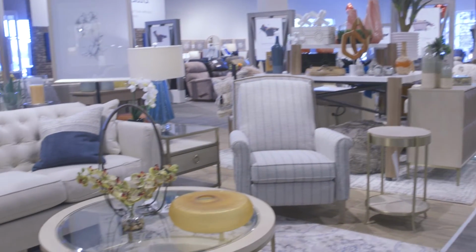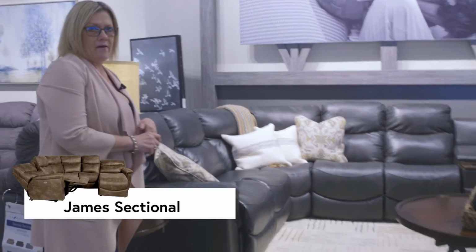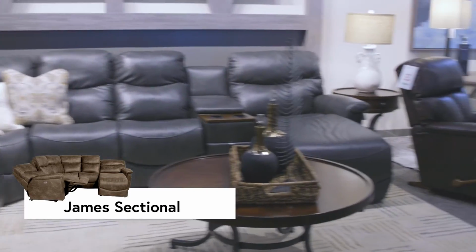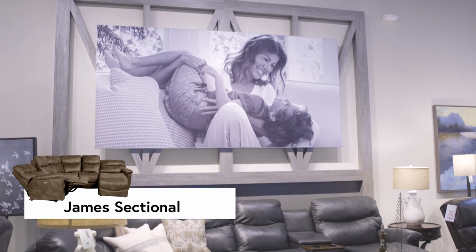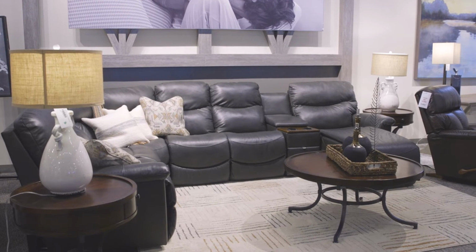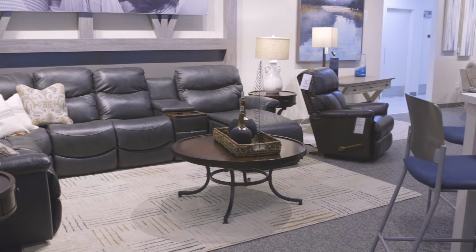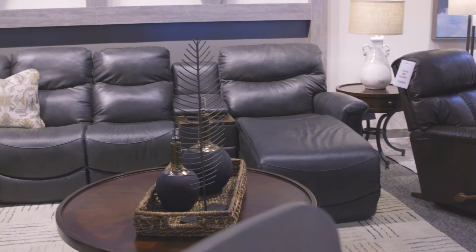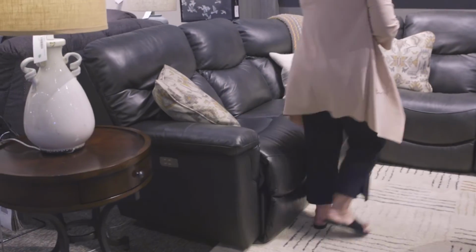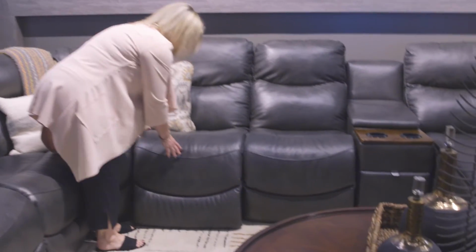This is another one of my favorites. This is the James Sectional. We have this also stocked in the store as a sofa and a Loveseat, but this has also been very popular. It's beautiful dark gray leather with a very ergonomically correct chase. The chase does recline, as well as this end piece here and this middle section here. This also does recline. So this is going to be a manual recline for you here,